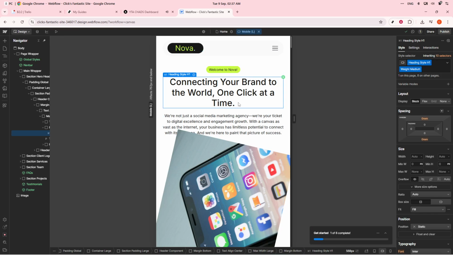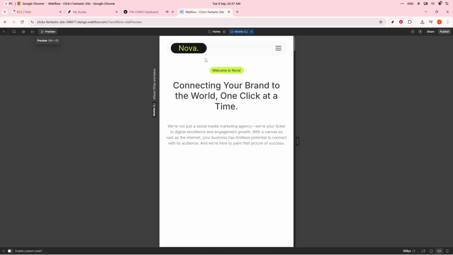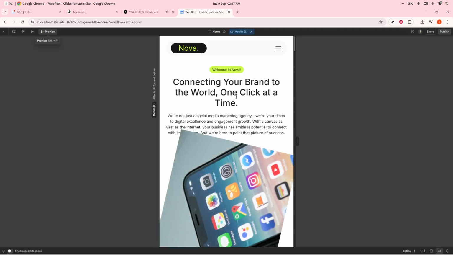And there you have it. You've successfully added and customized a heading in Webflow. By following these steps, you'll be ensuring your website not only functions seamlessly, but also impresses with its professional and coherent